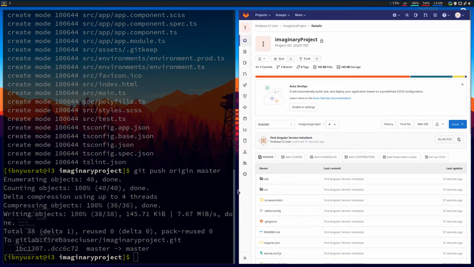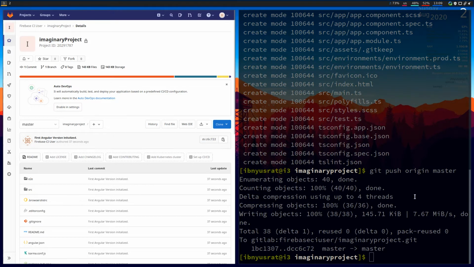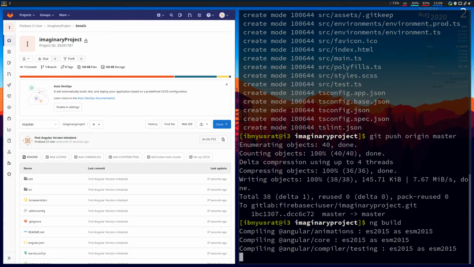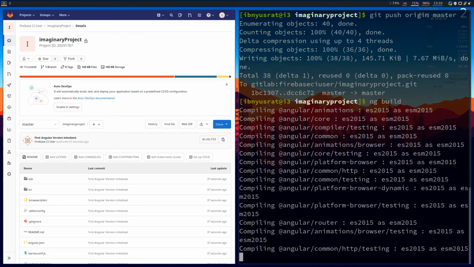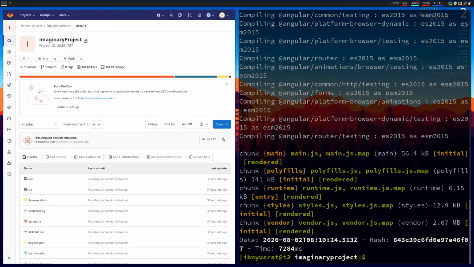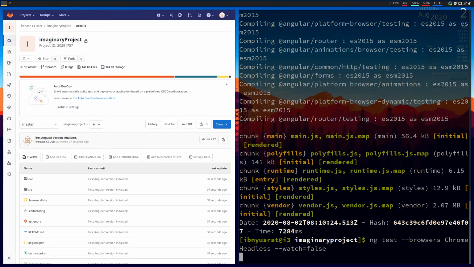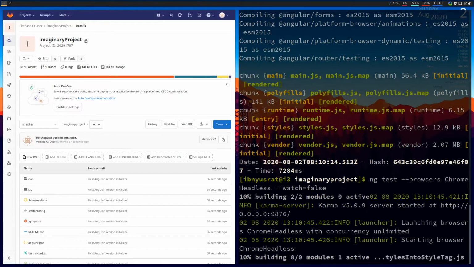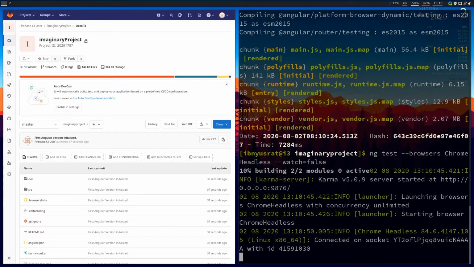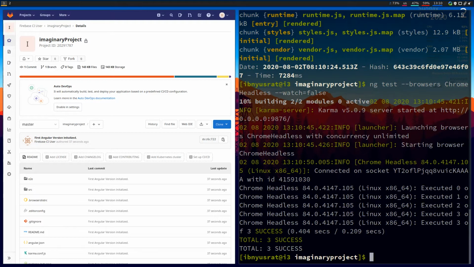Okay, so now let's just build this project and see if it's working. So we are now building it, and it's done, looks good. And let's just run unit tests. So if I specify browsers Chrome headless, it's going to run it headlessly, and watch false will actually just end the process instead of constantly looking at files for changes. Okay, so 3 tests are successful,